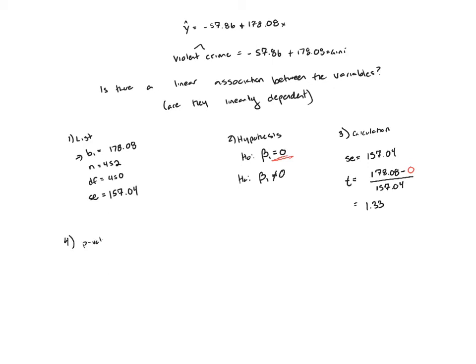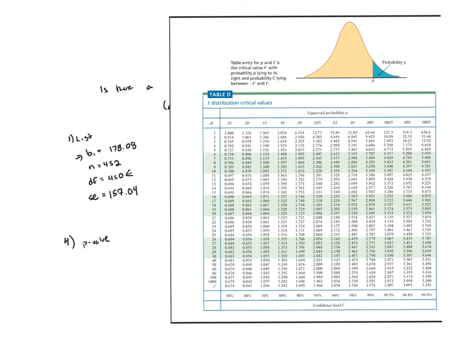After I've done this, the next step is to go on to my p-value. To find my p-value, I'm going to have to use my t-score of 1.33 and my degrees of freedom in combination on the t-table. Now with degrees of freedom 450, it's not actually on the table, so I round down. I'm going to be using degrees of freedom 100 then, looking across here. I'm looking for a t-score of 1.33, which would be right here in the center, in between these two. Knowing that, I trace both of those two up to the top, here and here. What this tells me then is that my p-value is in between those two end tails, which are 0.1 and